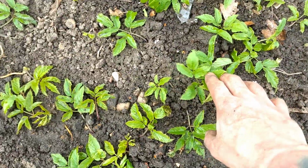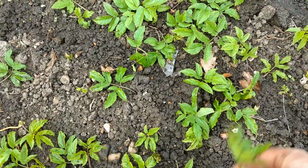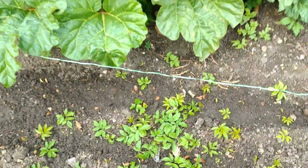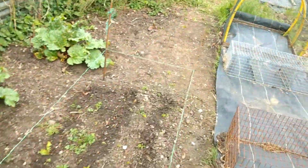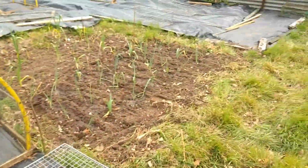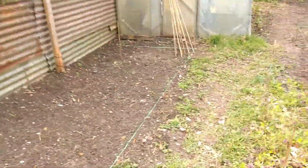This here is ground elder, which I believe you can eat. But yeah, it's another one of those where if you leave a tiny bit of root, it'll just come back and spread, and it'll create your carpet, which I'll show you in a minute, because it wasn't intentional, but there you go. I didn't get a chance to move the skirret,